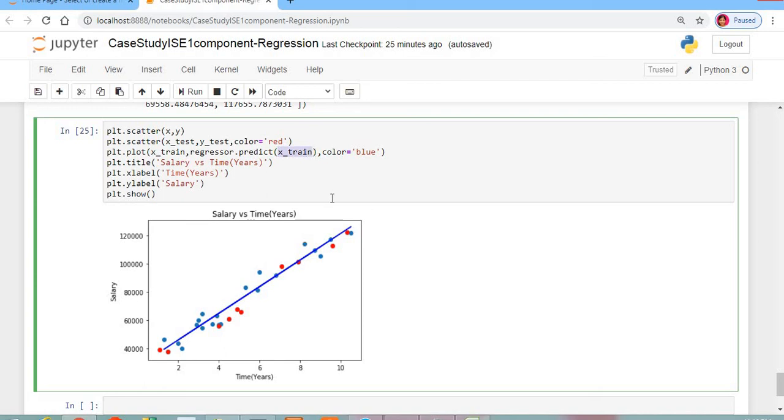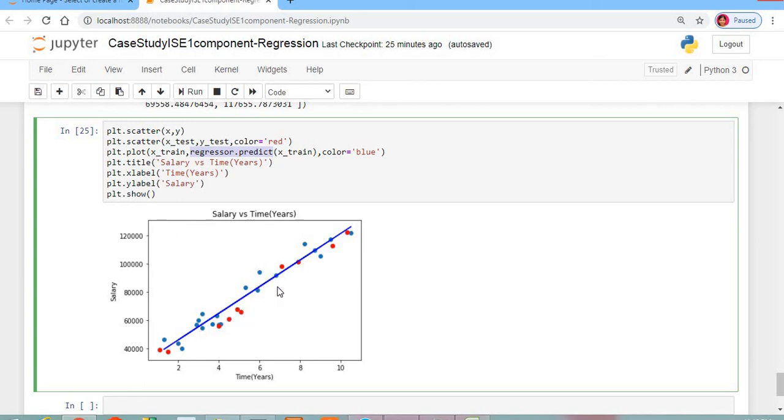Once we have trained the model, our model has become so perfect that it has been trained so well that it can predict anything. Okay, it can predict those values, right? So here on the basis of the training data set we have predicted this regressor dot predict, and so we have plotted these values.